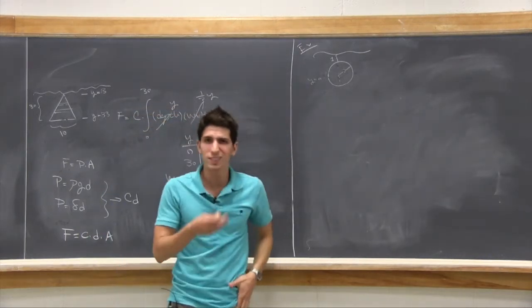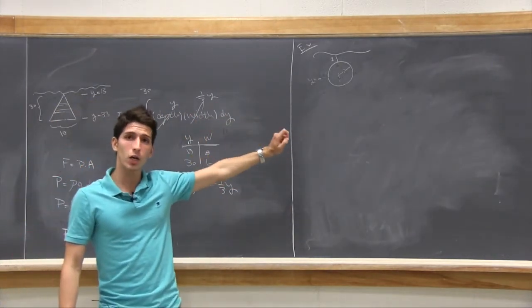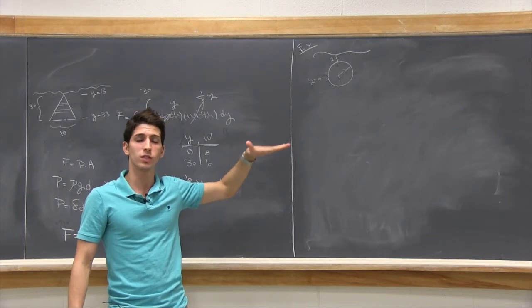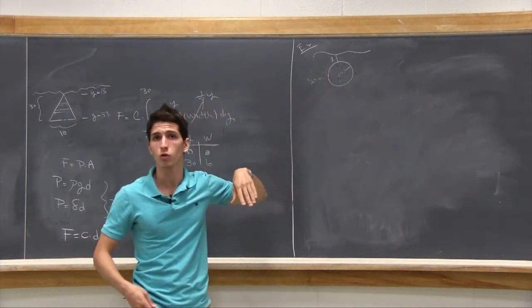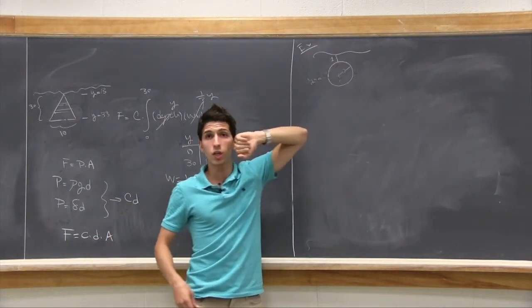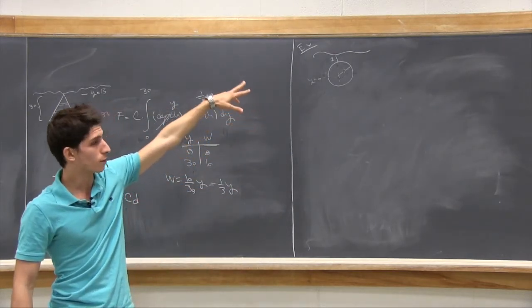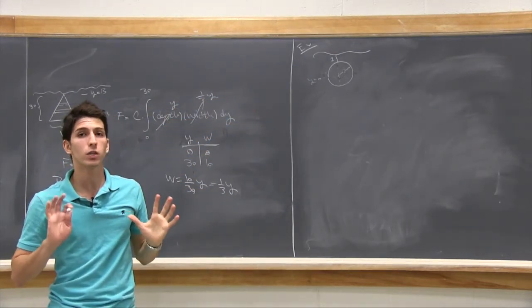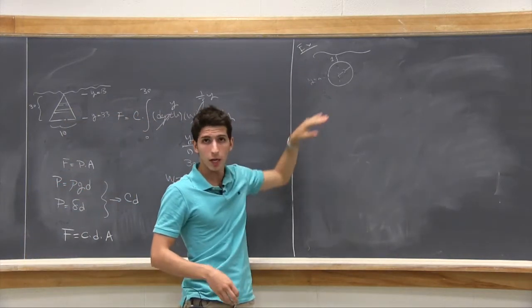So what we're going to do is, this is something you just have to sort of know. When you have a circle, you should pick the center of your circle as your y equals 0. The reason is because then you can use the symmetry of the circle. If you choose the top of your circle to be y equals 0, then you're going to be going from 0 to 4, and you can't use the symmetry of the circle. But now here you can go from -2 to 2, and